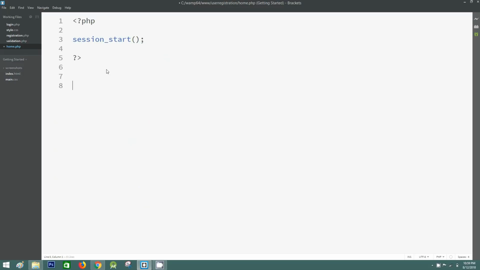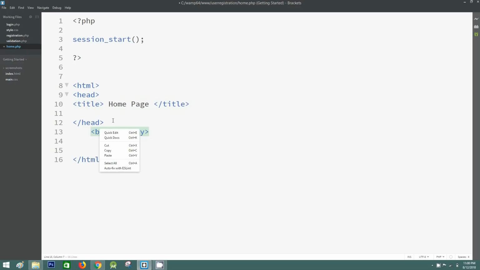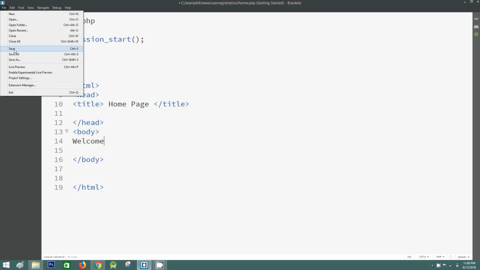After that, I'll write the HTML codes here. In the head, I'll write a title, and the title will be home page. Okay, after title, I'll go to the body. Here I will write welcome. Okay, that's it. I will save this page